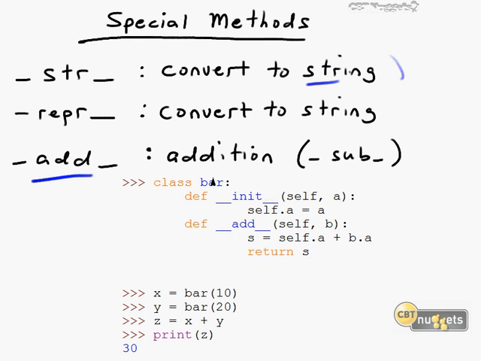We're creating a class called Bar, foobar, spam eggs, the whole deal. And also, as expected, we have our constructor definition that involves just one formal input parameter, and we're setting self.a equal to a. In other words, just to create an object of that argument. To handle addition, we can add a method using __add__ that involves another argument, in this case b. And in this add method, we're defining yet another name and returning that name out of the function called s